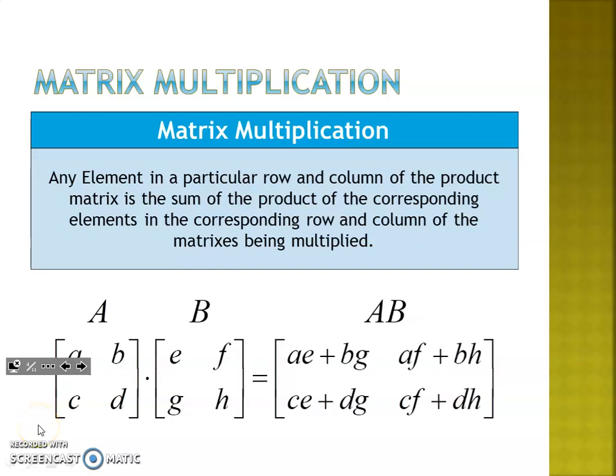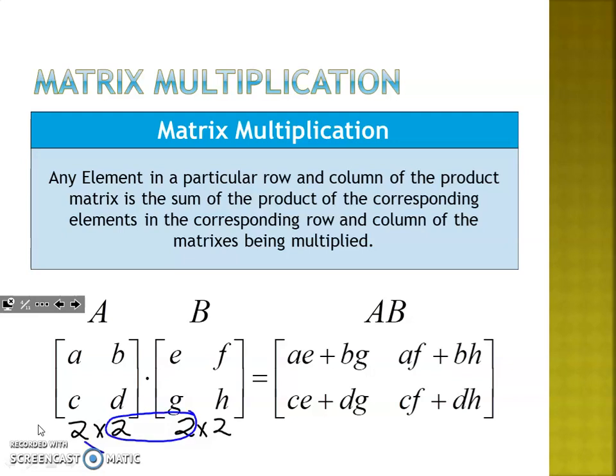I don't want to spend too much on this slide because it's just kind of confusing, but I'm going to basically just show you guys what we do to figure out how to multiply these, and then I've got 3 examples that I want to run through with you guys. Okay, so first off, can we multiply these? Well, this is a 2 by 2, and this one is a 2 by 2. So yes, I can multiply them because those two numbers match, and my product is going to be a 2